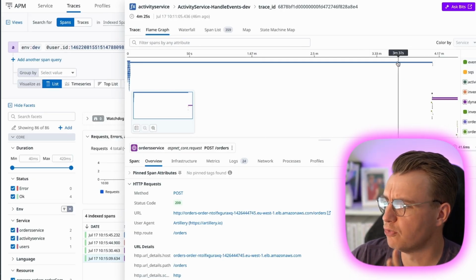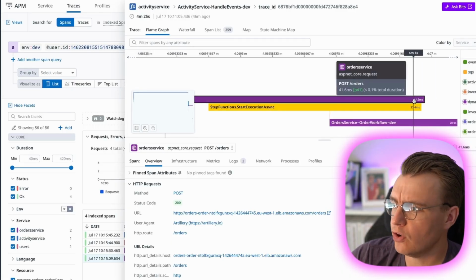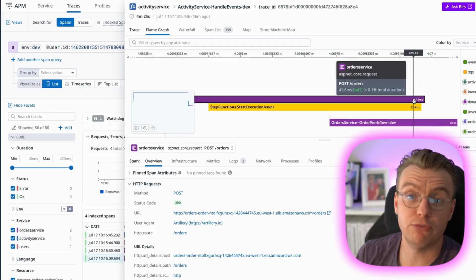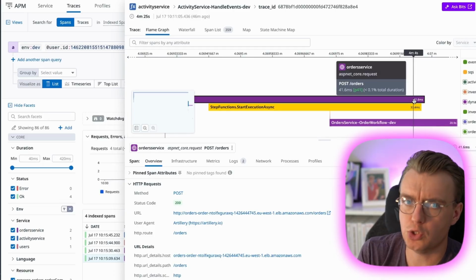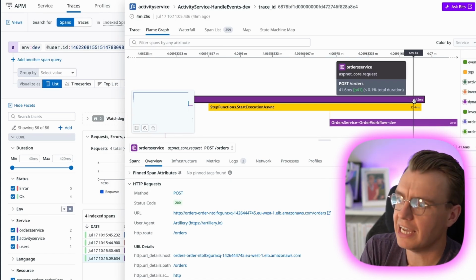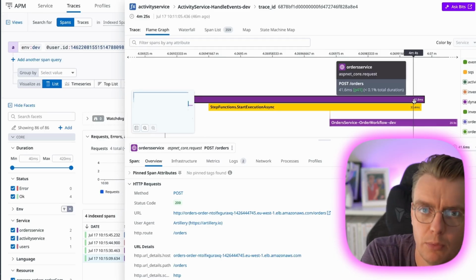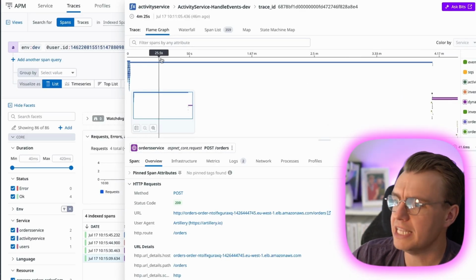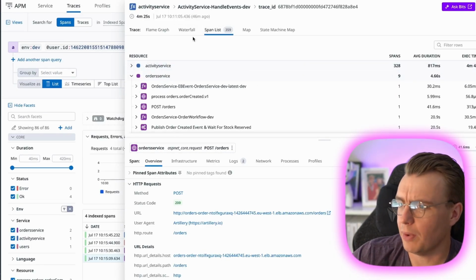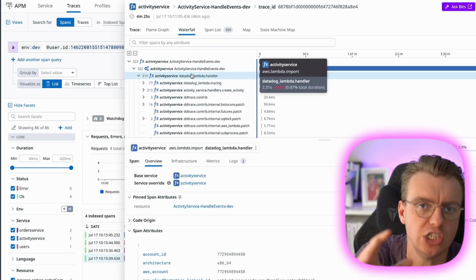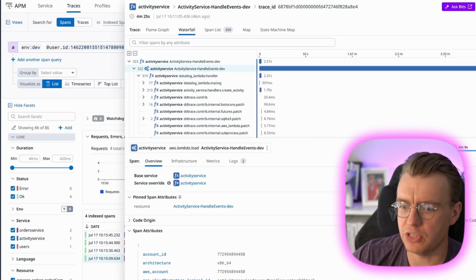So you've got this really long 4 minute trace when actually your API request, the call to the orders service, the service that you cared about, should be completed in about 41 milliseconds. So if you were to start analyzing your trace data now and look at the trace around the post orders, the post request to your orders API, it may skew the data because you've got these traces that are 4 minute long traces when actually you only care about 40 milliseconds of it. And not least, if you're a developer coming to look at this and you have a look at the span list, or the waterfall view, you see that you've got an awful lot of additional context in here that isn't actually relevant to you as a developer of the orders service.